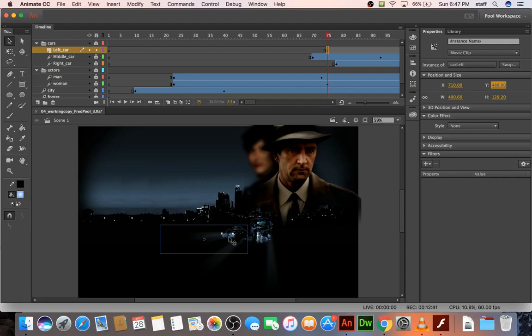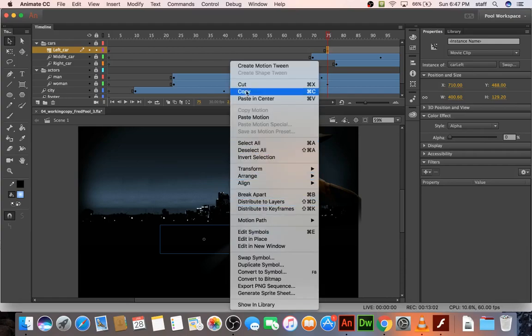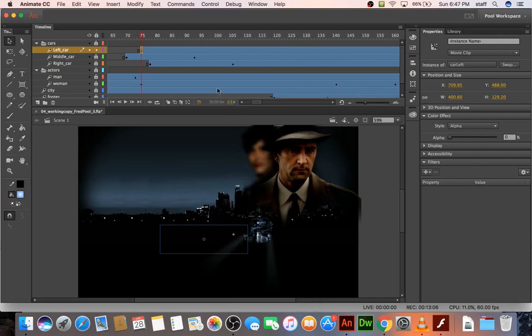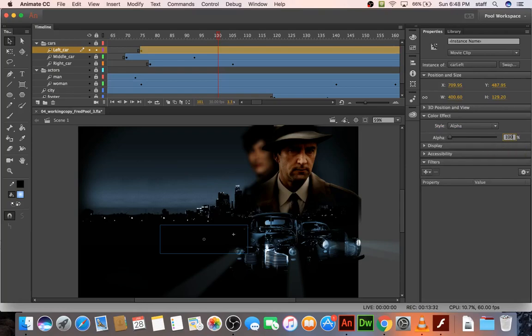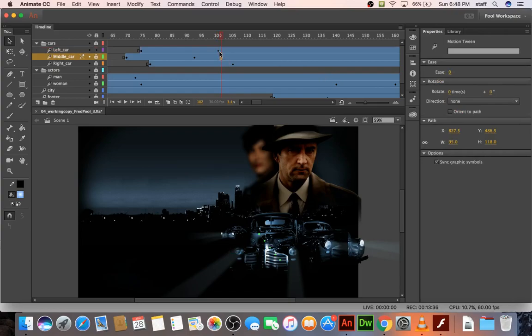Set the alpha, let's see, in the properties panel, color effect, choose alpha 0. So we want alpha 0. Hit enter. And so far we've got it positioned at 75. Right click on the car, say motion tween. And go to frame 100. Select transparent image of the car and make it 100. So I'll do 100, hit enter, and they want you to notice that as soon as you do that, it creates a new keyframe. Knowing that this is going to be a tween, they made a new keyframe